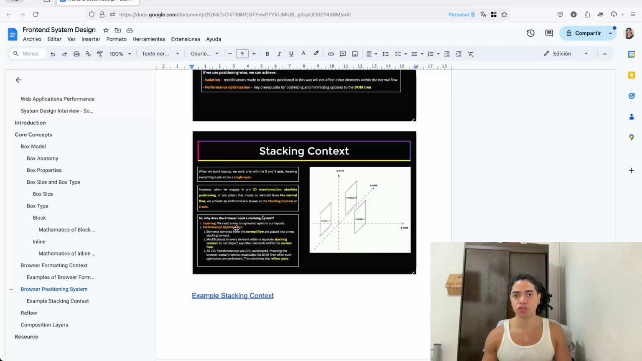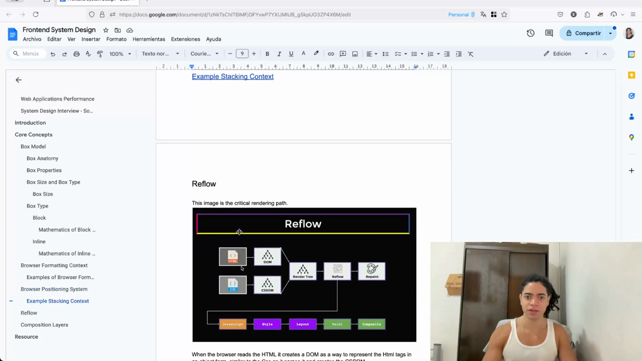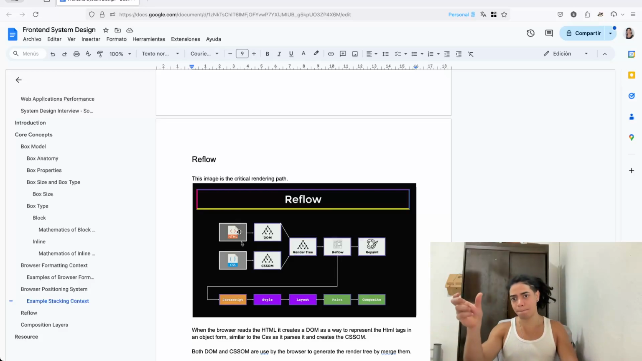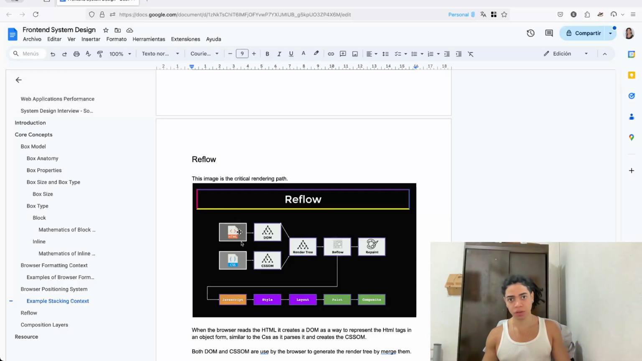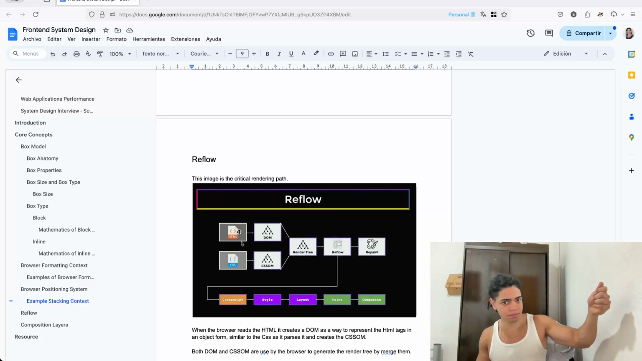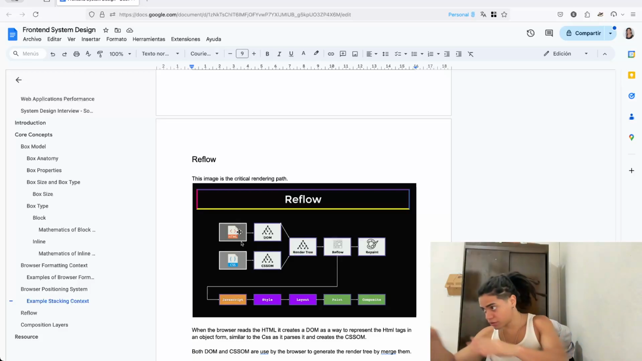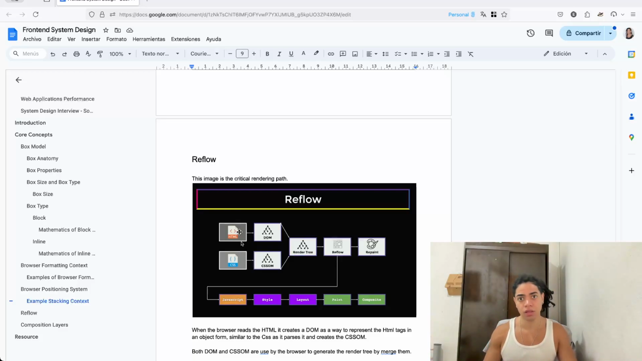And you don't want to trigger too much reflow. And what is reflow? Glad you asked. So reflow is a component in the assembly line of the critical rendering path, which is how the browser transforms HTML, CSS, JavaScript, and images into pixels on the screen, through the bitmap,